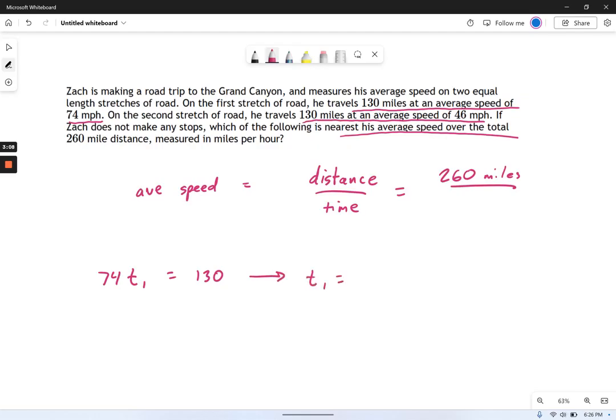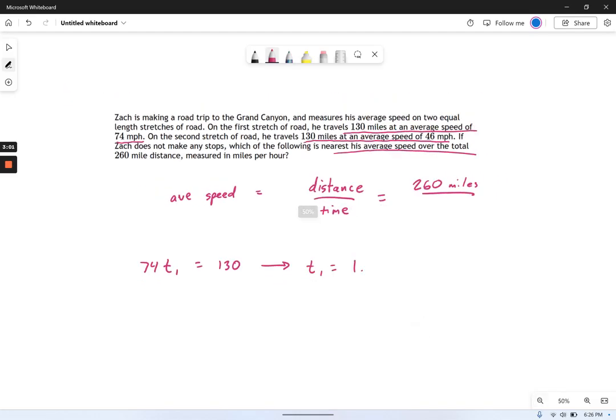Okay, you got to pull out a calculator here. I was not prepared for this. Let's see, 130 divided by 74, and we get 1.757 hours. Okay, a little under 2 hours. That makes sense. And then the next one, we're going to do 130 miles at an average speed of 46